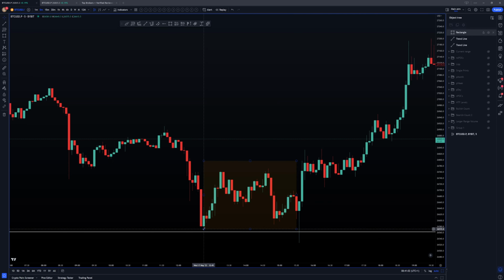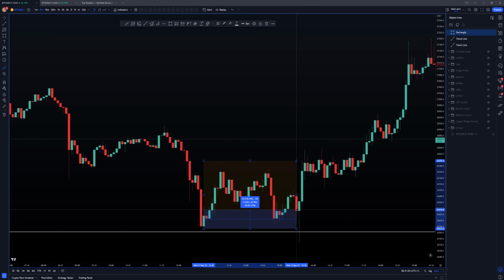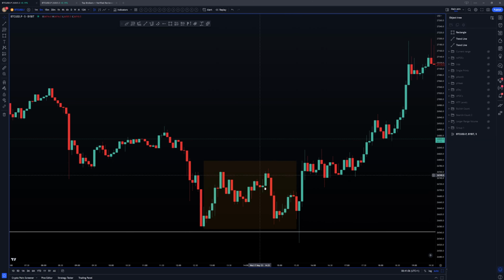You've been going sideways for a bit. You're generating a lot of stops. This is the point. You're generating people who have been longing all of this, bearish CVD forming, whatever, right? Where are they going to be placing their stop loss? Most likely they're not the most intelligent of traders. They're most likely placing their stops below this low. So the idea for myself was I basically anticipated this happening,